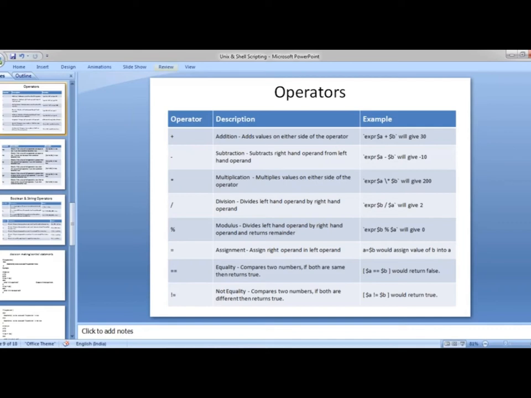So now these are all the operators which you have. We will write a small example using all the operators tomorrow. Just see how plus works, how minus works, and what is the syntactical way in which we should write all of this. So we will continue operators in tomorrow's session. Okay.